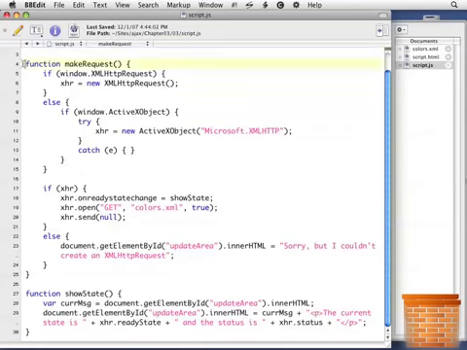Here's our makeRequest function. What it's going to do is say, if window.XMLHttpRequest exists. This is, does this browser know about this thing called XMLHttpRequest? If it does, we're going to make a new XMLHttpRequest object and use that same variable we had before called xhr. So from this point on, instead of referring to XMLHttpRequest, we can just say xhr. However, if the browser doesn't know about